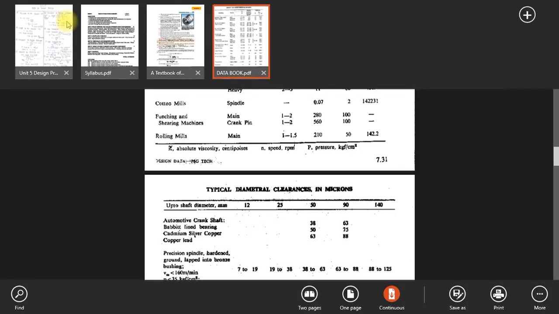Let me go to the design procedure which was already given by one of my colleagues, Mr. Venkatesh. You can see here the design of the journal bearing. The diameter of the journal bearing you can write over here. If D is not given, either I can assume it or I can take it from here. T is equal to P, so I need the power. If I don't know the power, I can assume P into 60 divided by 2 pi N. So T is equal to pi by 60 into tau into d cube.